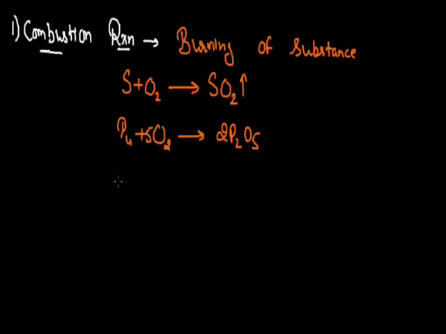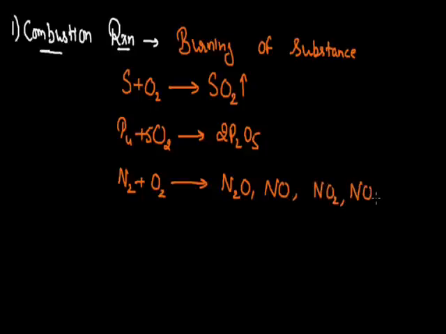In place of phosphorus, if I react nitrogen with oxygen, nitrogen forms various kinds of oxides when reacted with oxygen, such as nitrous oxide, nitric oxide, nitrogen dioxide, dinitrogen tetraoxide or dinitrogen pentaoxide. If any of these oxides is formed by the reaction of nitrogen and oxygen, then this reaction can be termed as combustion reaction. But here, since we are going to study the reactions of carbon, so here we will only